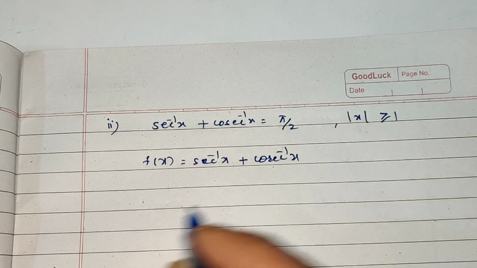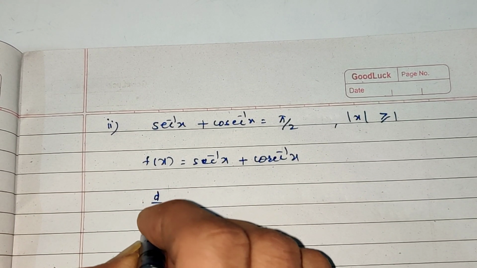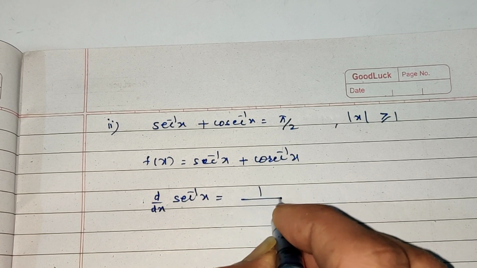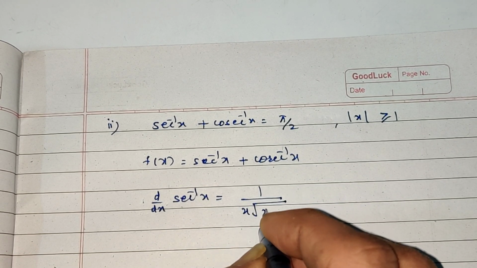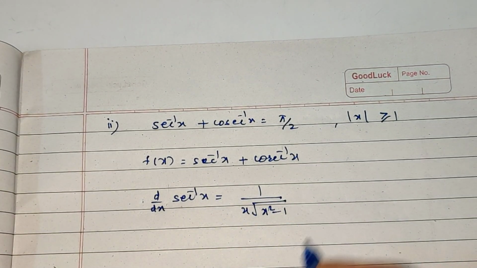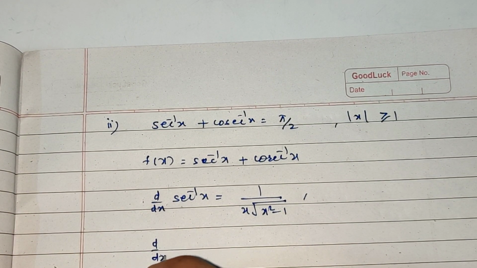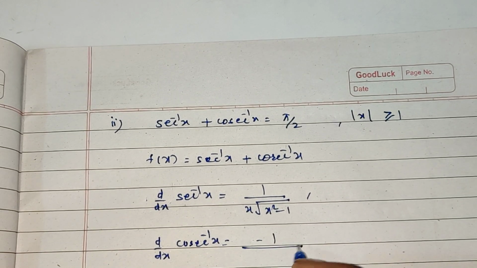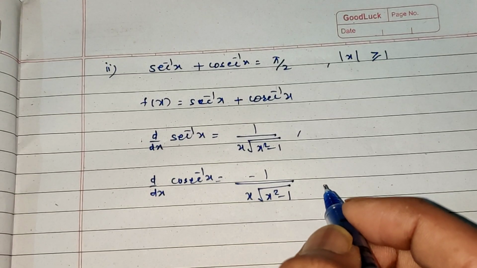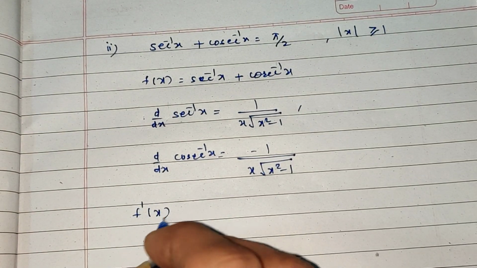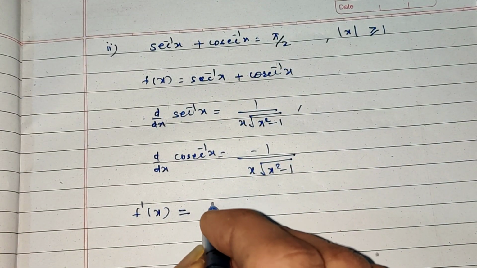Now find the derivative. The derivative of sec inverse of x is equal to 1 upon x root of x square minus 1, and the derivative of cosec inverse x is minus 1 upon x root of x square minus 1. Therefore f dash of x means the derivative of sec inverse x